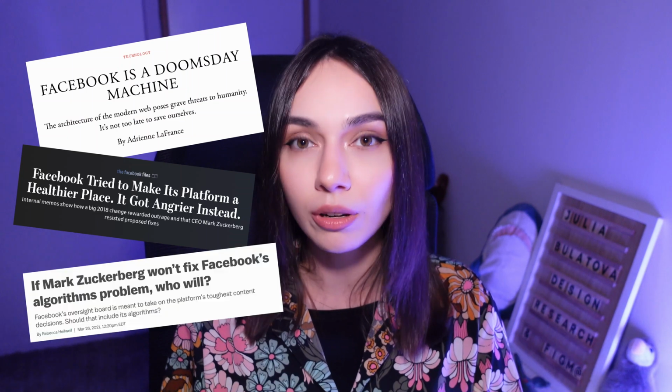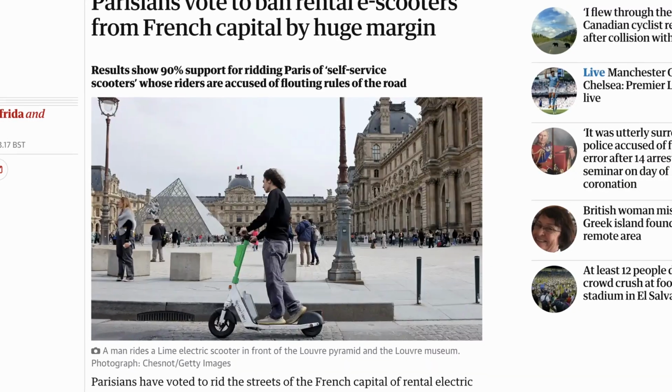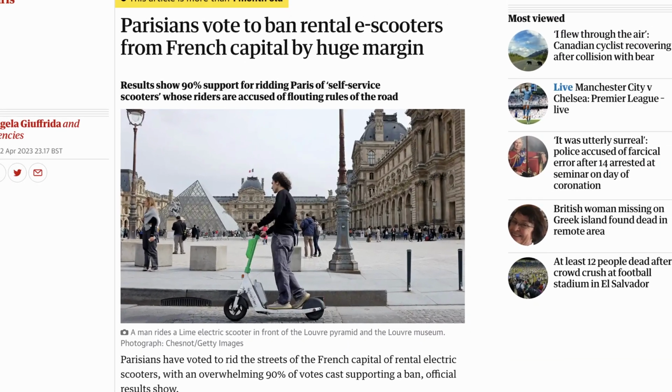And many believe that the outcome of this is nothing less than damage to democracy, polarization, and the new golden era for propaganda. And the most recent example is probably Paris banning electrical scooters on its streets. Companies who offered this service were extremely user-focused. They allowed you to find a scooter anywhere, park it anywhere, and they allowed you to drive at a very